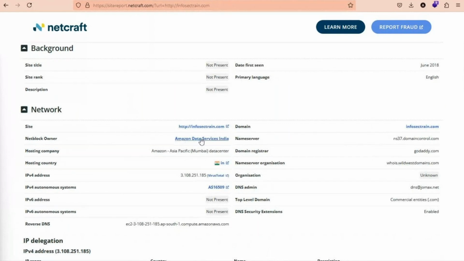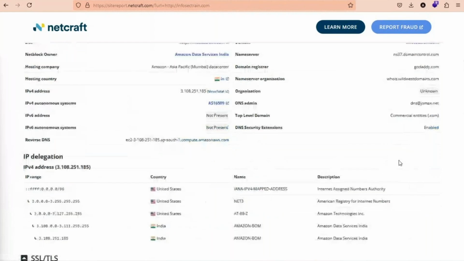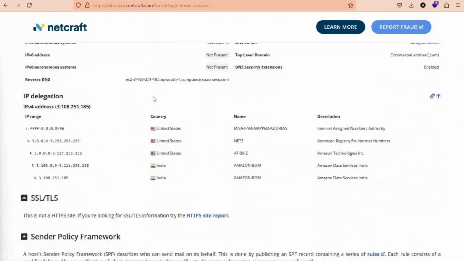NetBlock owner, Amazon Data Services India, domain infosectrain.com, name server is ns37.domaincontrol.com, right? IPv4 autonomous systems, AS16509, right? Then IPv4 address, right? So these are the IP addresses. You are also getting the IP addresses,